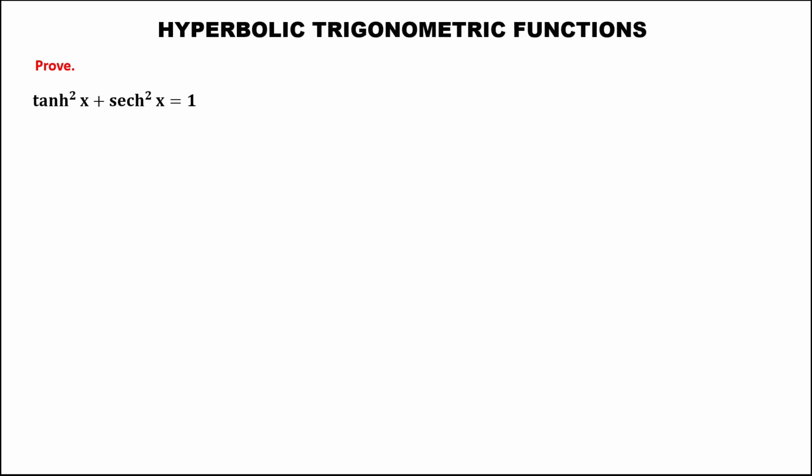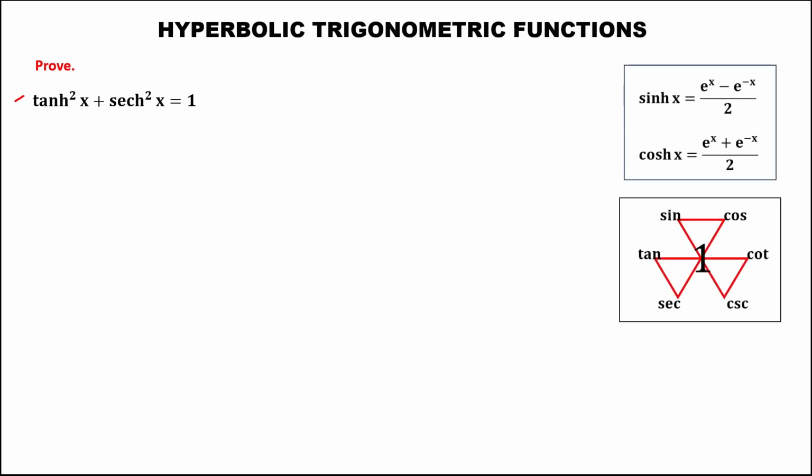So for this problem, to prove these hyperbolic trigonometric functions using these identities, first we need to rewrite this tangent and secant in terms of sine and cosine using this identity. For tangent, this is equal to sine over cosine. So this hyperbolic tangent squared x is equal to hyperbolic sine squared x over the hyperbolic cosine squared x,